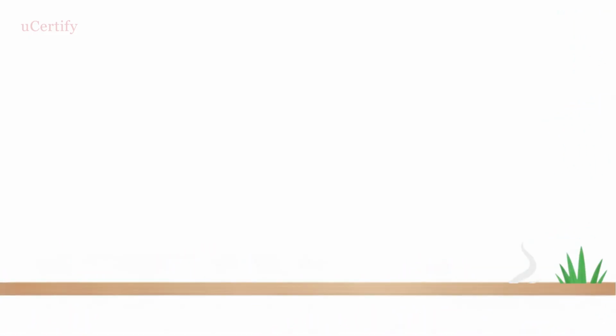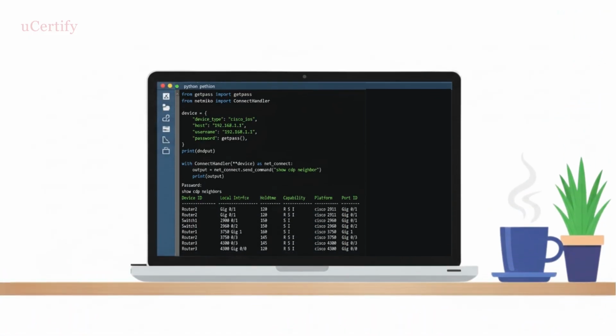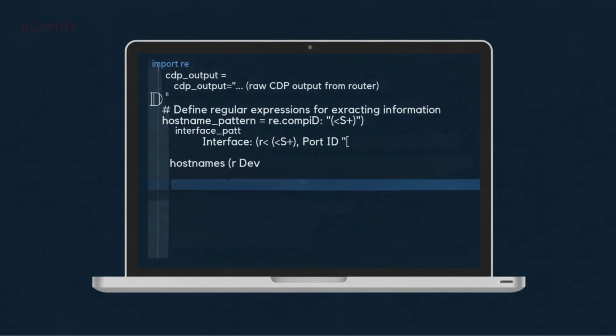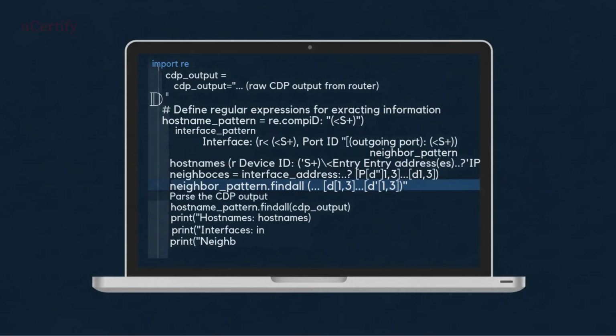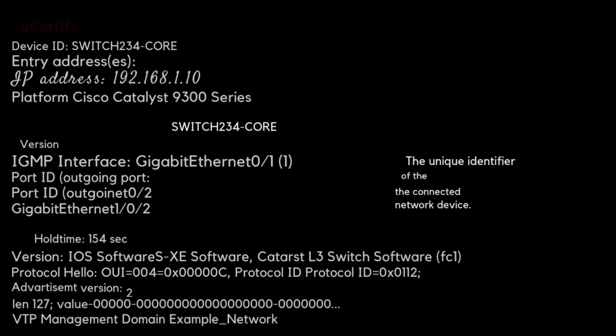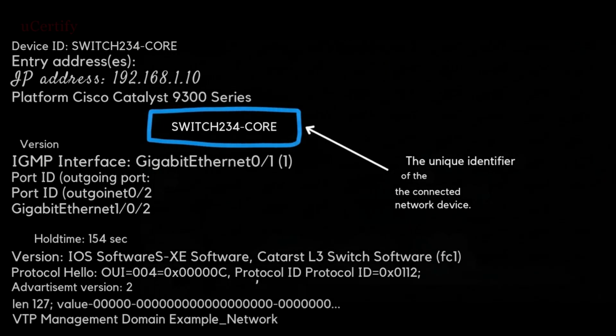Next, execute the show cdp neighbors or show lldp neighbors command on each device using the established connection. Now parse the raw text output from the show command to extract key information like device hostname, interface, and neighbor details. The device ID field in CDP output reveals the hostname of the neighboring device, which is crucial for identifying